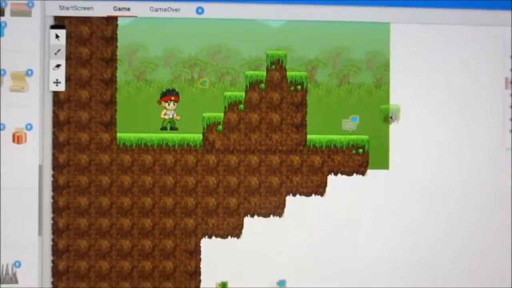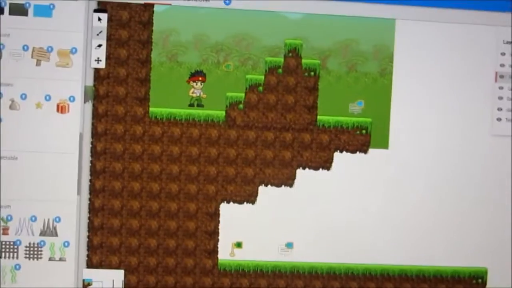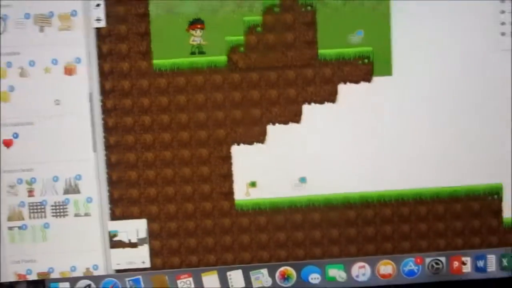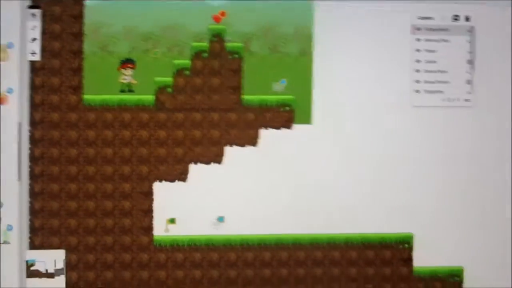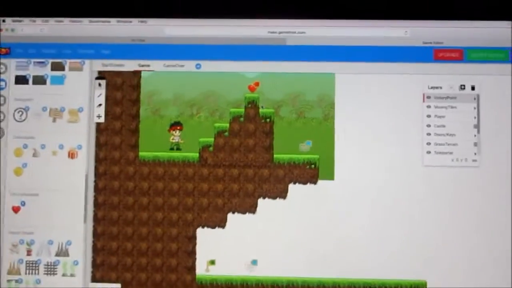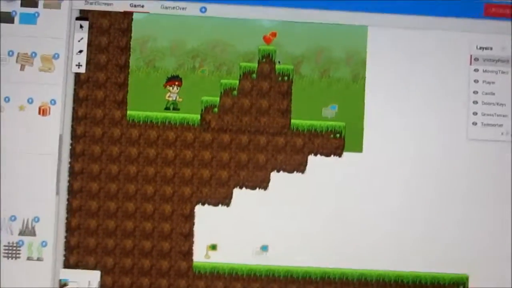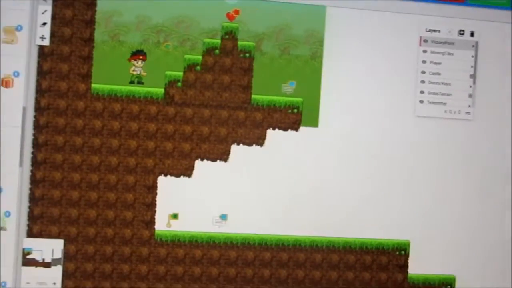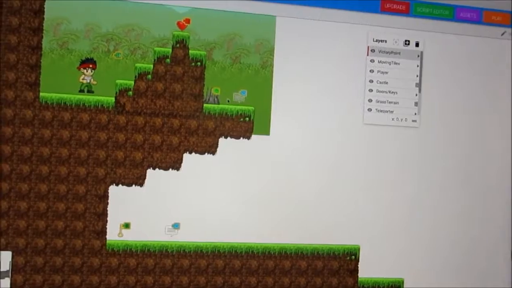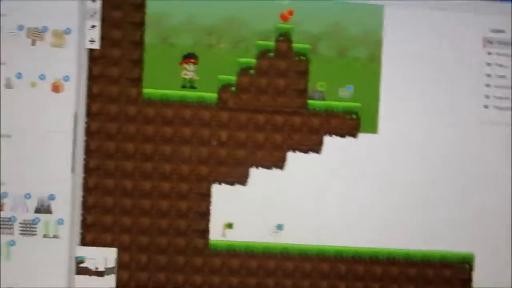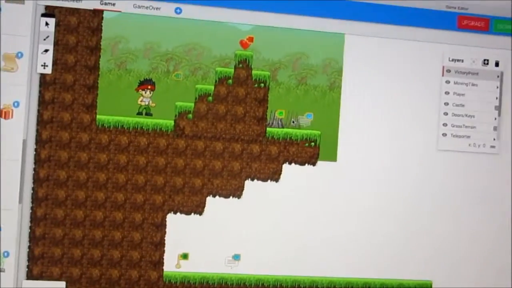So I'm gonna take the life collectible and I am going to drag it, and I'm gonna put it right here. I want to make things really difficult, so you know, yay, you're gonna get a life collectible, but make sure you don't die, because I'm gonna put a whole bunch of these right here. And again, these have to be on the player levels. This is instant death,